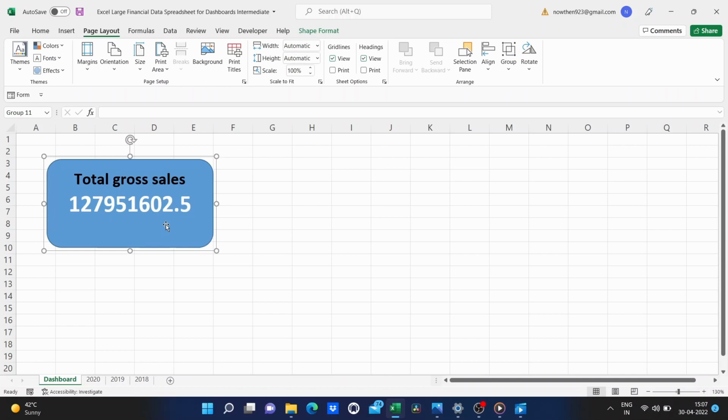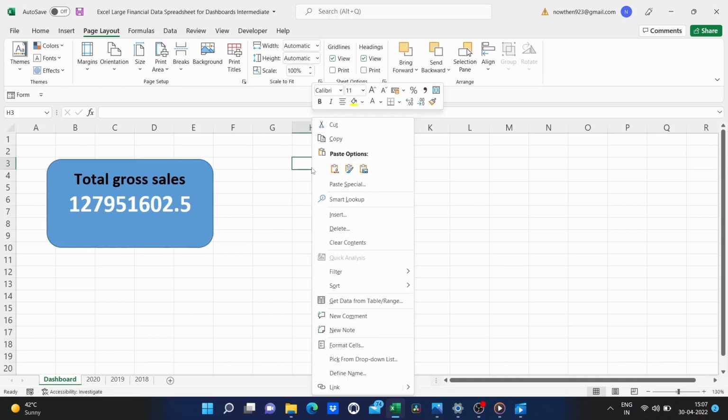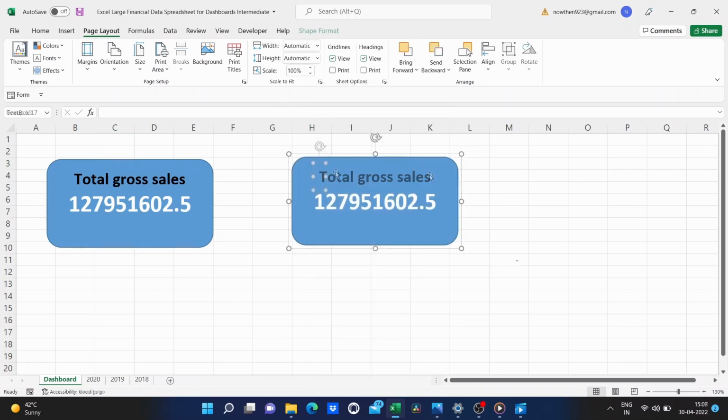Now for the next element of my dashboard, let's say I want to track the total number of items sold, but this time, I want to save myself a little bit of time. So, what am I going to do? I'm going to right click on the dashboard element that I've already created, and I'll choose copy, and then right click, paste. So, now I've gotten two of them. So, now I can double click on it to highlight the whole bit of text, and I can type the total number of sales. So this is dollars here at the left, and this is just total number of items sold. Now obviously the data that I have here is linked improperly.